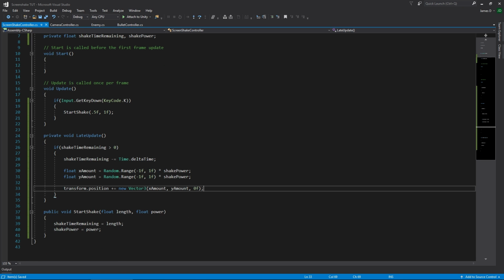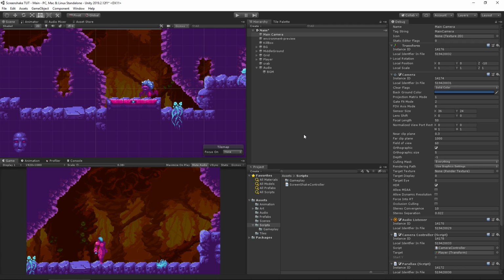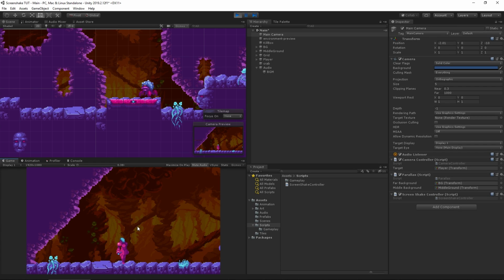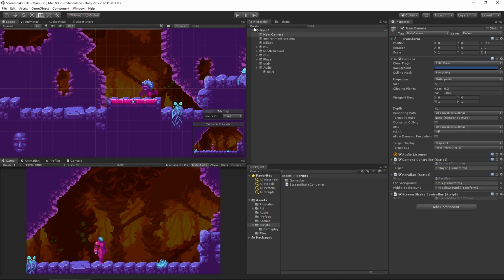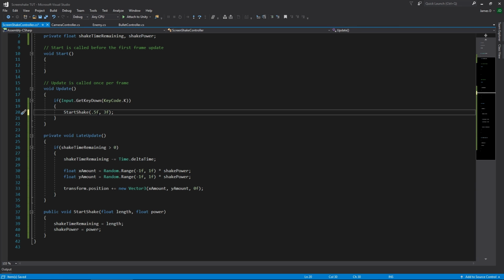We can save this, go back into Unity, and once that compiles, I'm going to turn off debug mode because we don't need to see that anymore. I can hit play, and now when I hit K, boom, we get a nice big explosion shaking the whole screen. That works perfectly fine, but let's put in some more values just to see what happens. If I make this 3, and we'll make it last for 1 second,